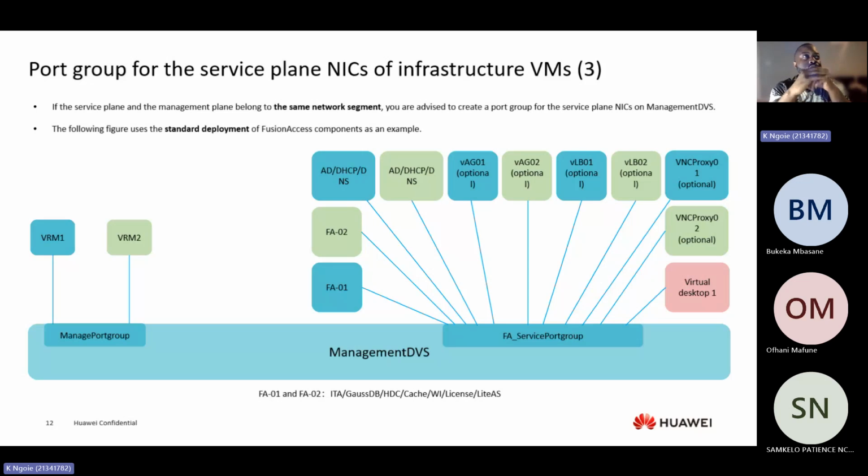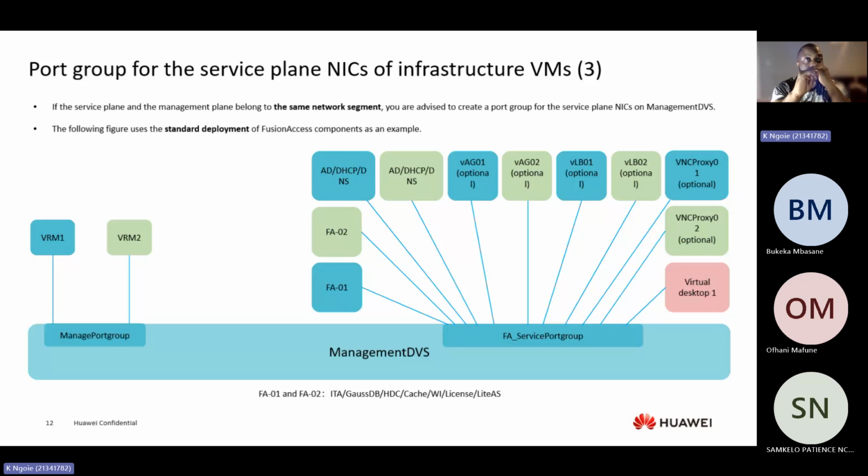the difference with the first case is that in the first case, we were dealing with the all-in-one deployment, which means we have fewer users, less than 500. Now, in this case, we are using this architecture on the standard deployment. And on the standard deployment, we have more users, between 500 and 10,000 users. And this will focus on how to handle the service plan connectivity